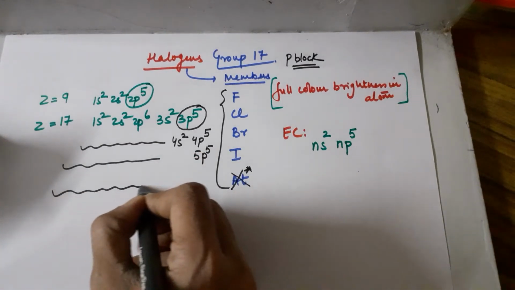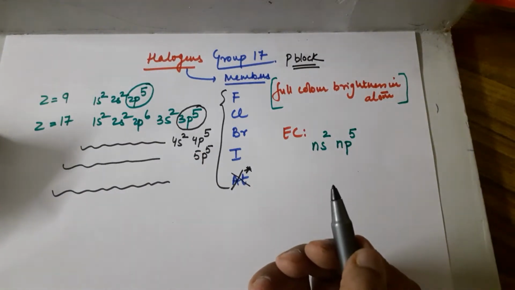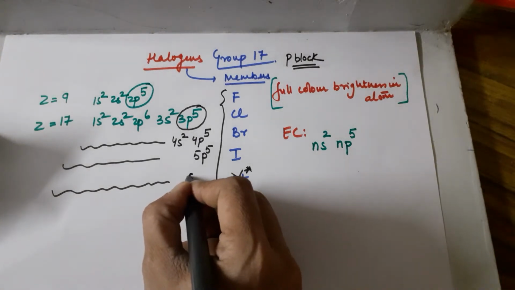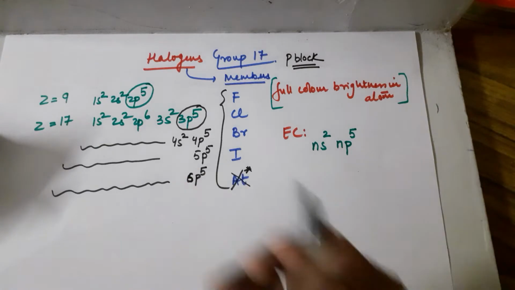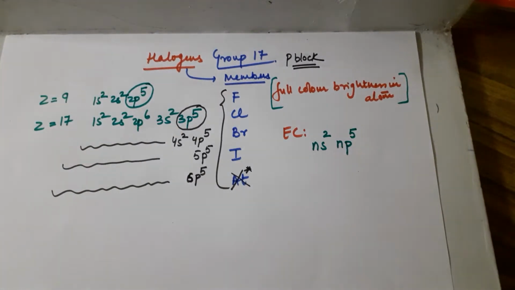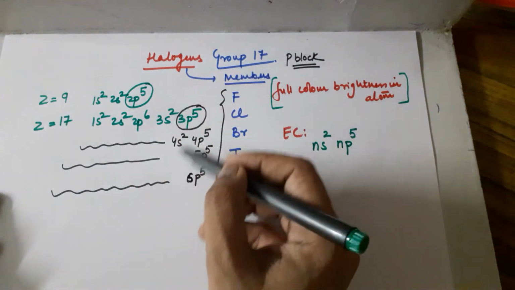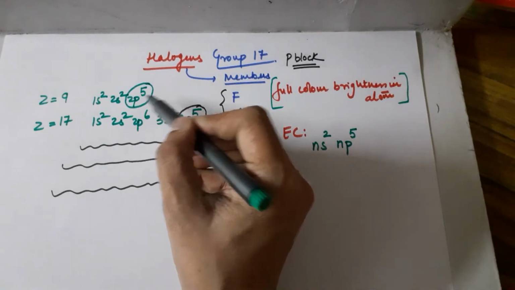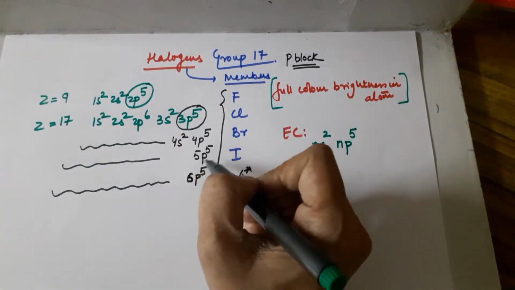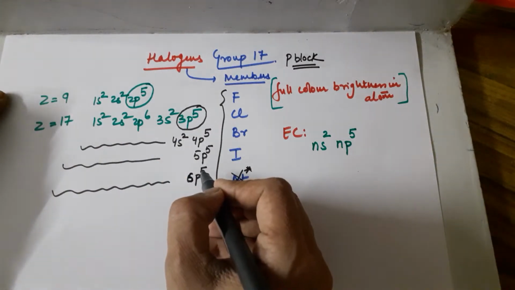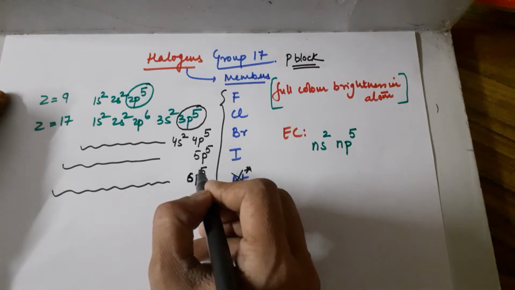For astatine, of course, we are not going to do it in detail for the chemical properties. The 5 electrons are in the 6p. Fine. That's how you can write the electronic configuration. Now, as you go down, you can see the P subshell is changing from 2p to 3p to 4p to 5p to 6p. Now, since they have only one electron lacking in the P subshell, their tendency would be to satisfy it,